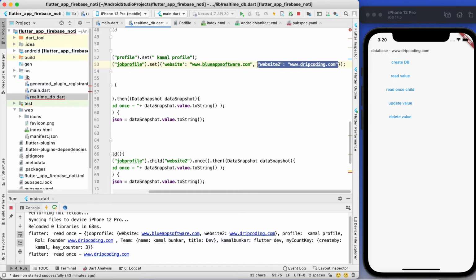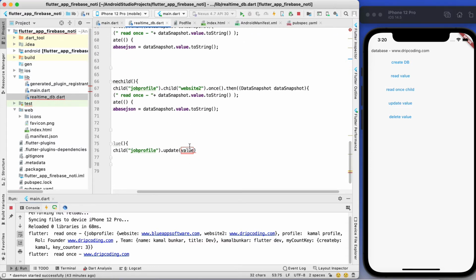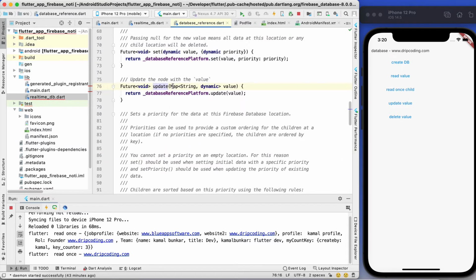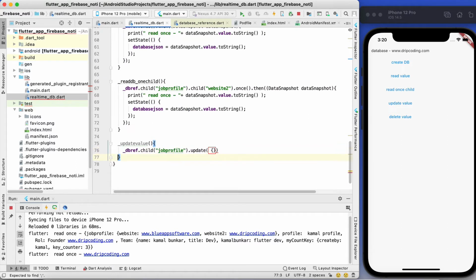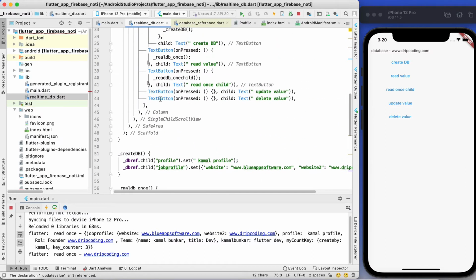As you can see, this update operation requires a map value, key value. So I will pass my new value like that, and I can write like 2. That's it, and I can call this function on button click.